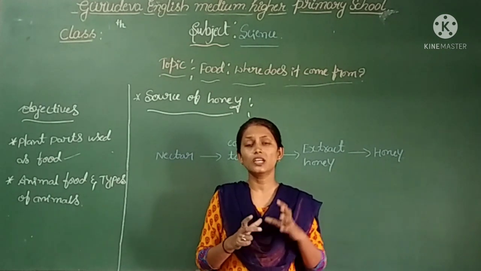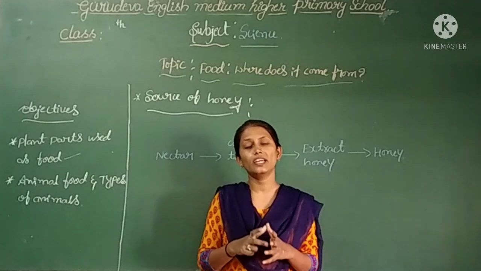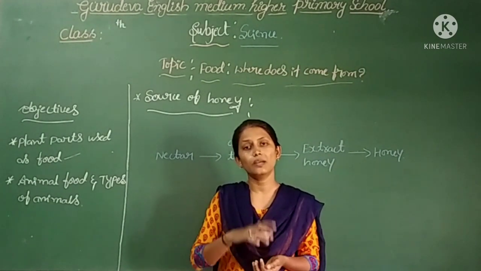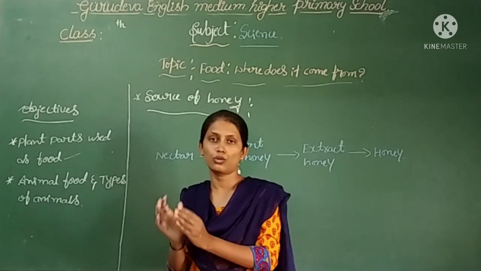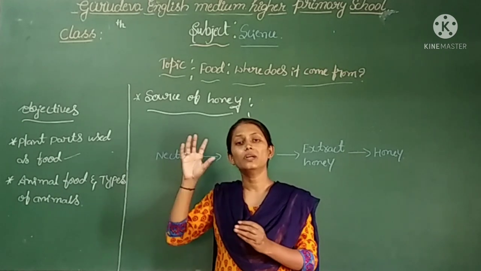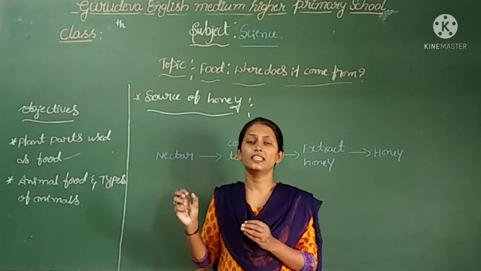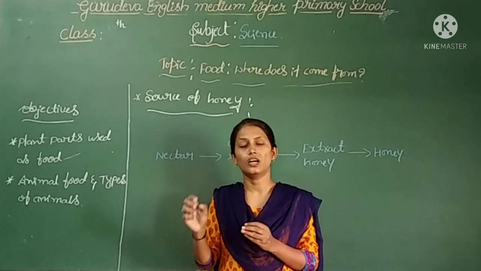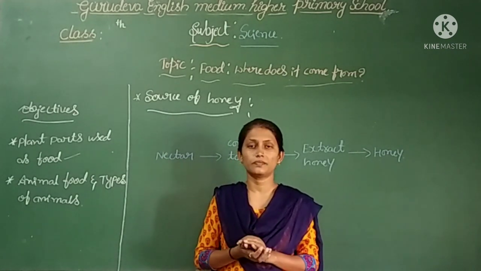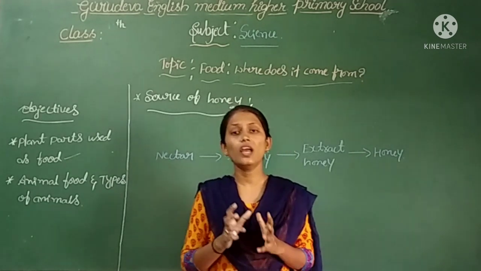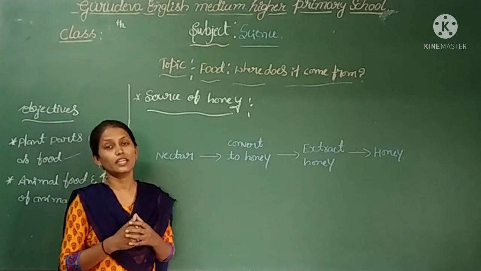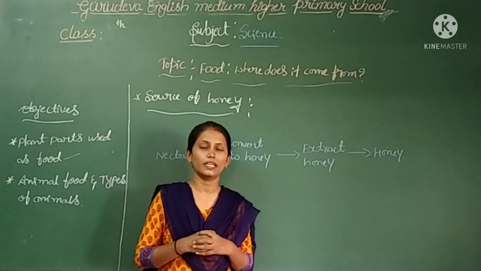The reason is that flowers are available only during some of the seasons. When the flowers are available, they collect the nectar and store it. When the flowers are not available, the honeybees get the nectar from their hives and also give it to the young ones. That is the reason. Yes, this is how we obtain honey, the source of the honey we get in the market.